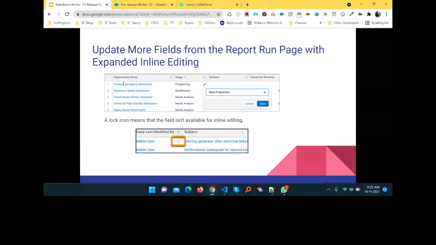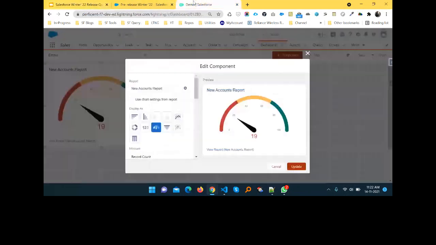I have opportunity name, stage, amount, expected revenue, and this is for opportunity name. So you can change the stage based on a double click or something like that. Or here you can see this is a lookup field. Once you click this, you can see it's not a lookup, it's a picklist. Once you click this picklist, you can change your option in the same line, not separately. Let me show you this one as well.